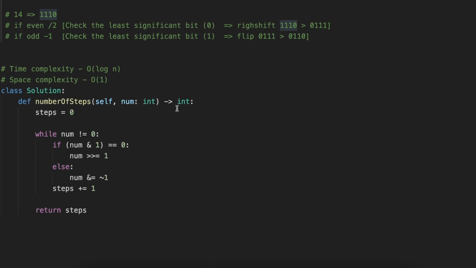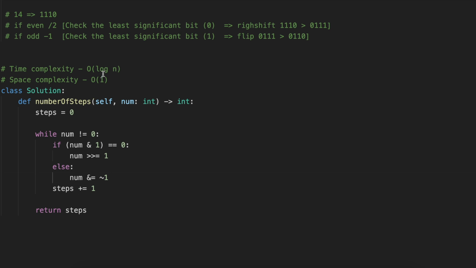So in our code, we loop while our num is not equal to 0. We check the least significant bit, and if it equals 0, which means it's even, we right shift. If it's not, it's odd, so we flip the last bit. For each step, we increment our steps, and at the end we return the number of steps it took us to convert the number to